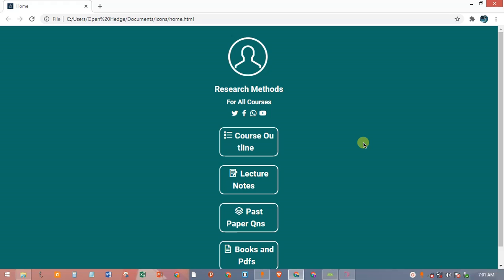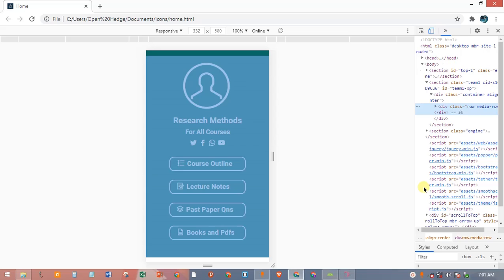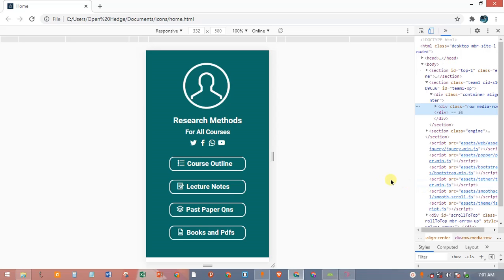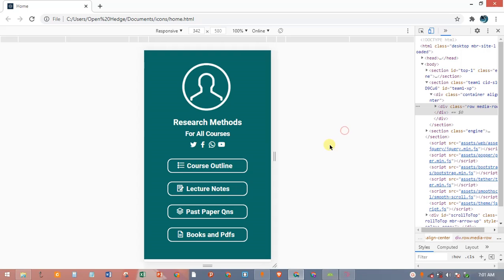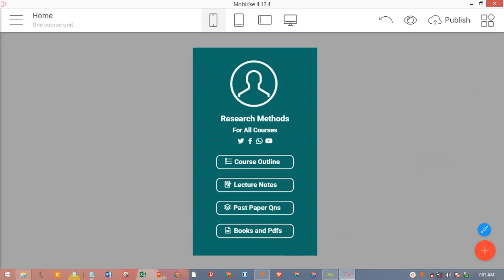So now here, this is how it looks in the browser. Remember, it's an Android app. So in order to see it very well, the way it will look on the phone, you have to inspect. After inspecting, this is how it looks on the phone. This is how it will look. You can go ahead and close this,